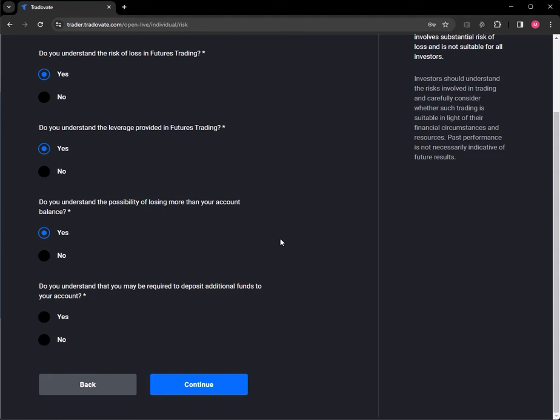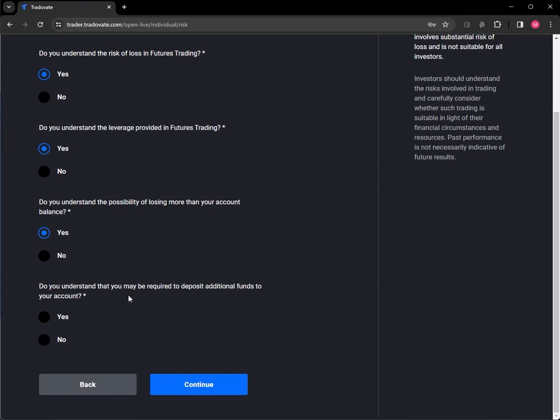I've had that happen before. It's never been an issue. I've never gone negative on a trade or negative in my account. I've never had to owe them money, but this is a risk of trading futures. Technically, you can lose more than you have in your account, so you do need to be careful. Make sure you always trade with a stop loss.